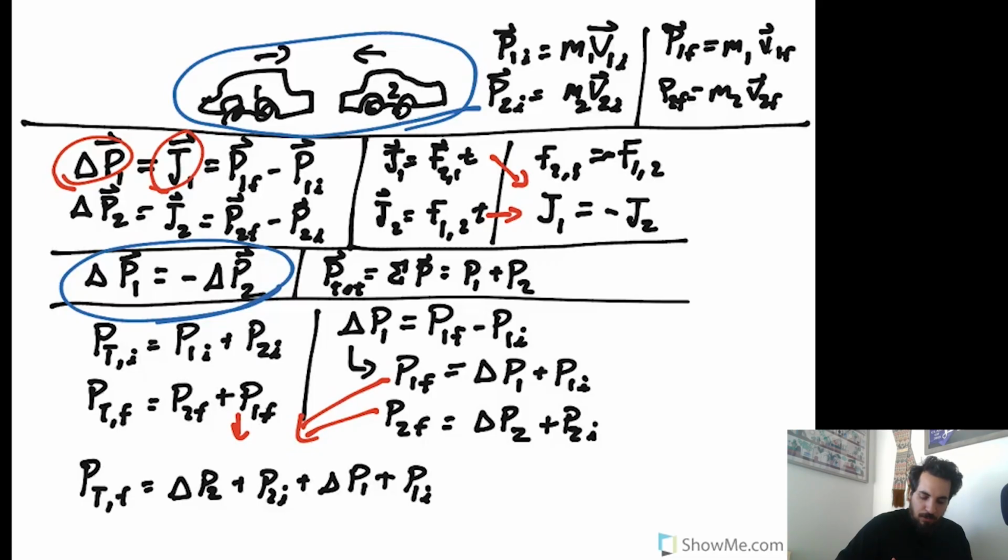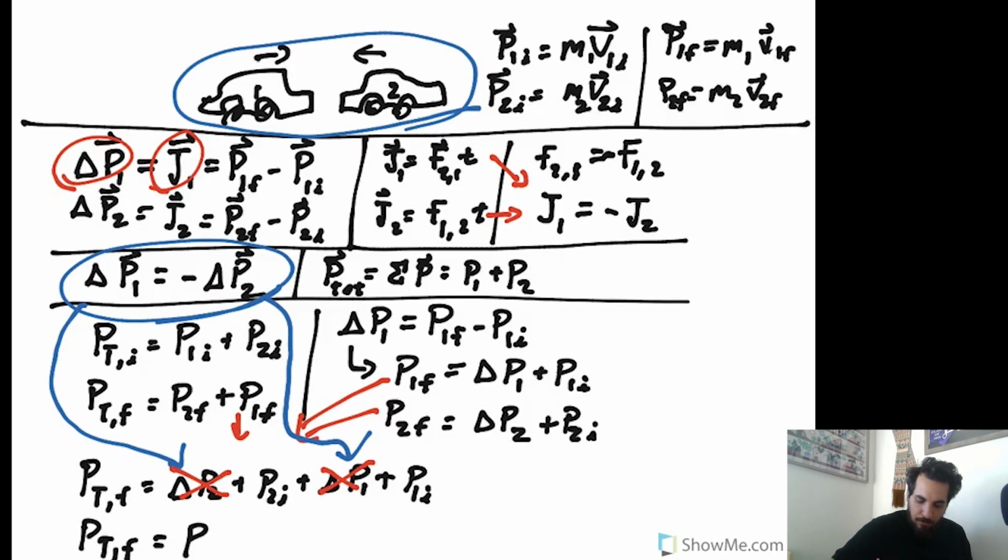Since they are equal and opposite, these two delta P terms will cancel out, leaving us with P total final equal to P2 initial plus P1 initial,